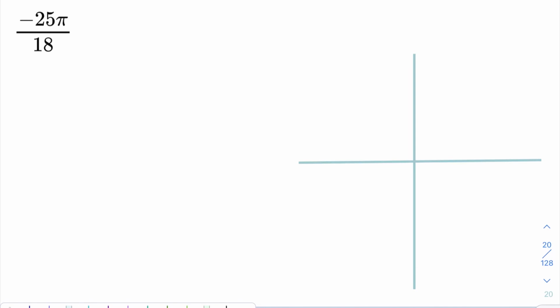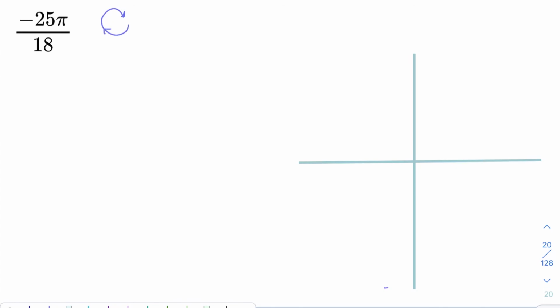So the first helpful hint is that this is a negative angle. And we know that negative angles go clockwise. So our initial side is in the same place all the time, but our angle is going to go clockwise around the unit circle. So when we label our axes, we are going to go this direction. If this was just normal, this would be 0, this would be negative pi over 2, negative pi, and so on. But again, to be able to place negative 25 pi over 18,